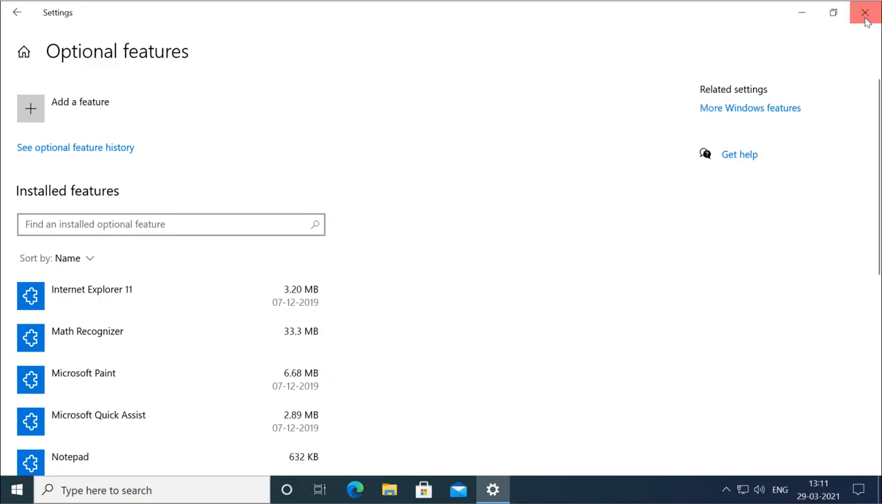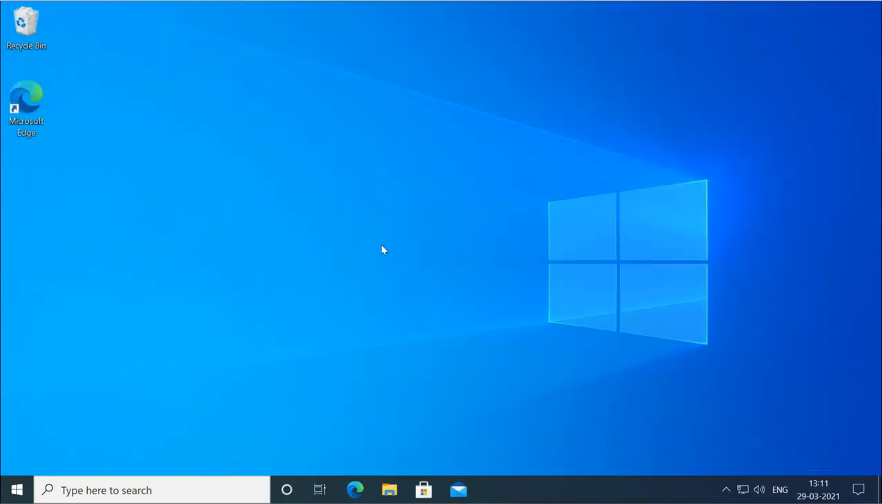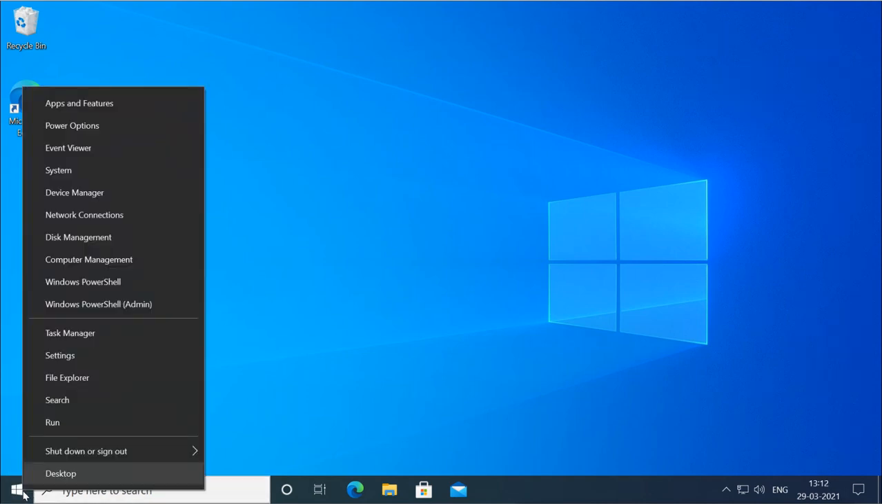Now we have PowerShell also, and we can do it from PowerShell. If we want to enable any feature or disable any feature, then we can do it from PowerShell also. So for doing it from PowerShell, what we have to do is open the PowerShell as an admin. We can do that by right clicking on the start button, and we have the option to open PowerShell as admin,